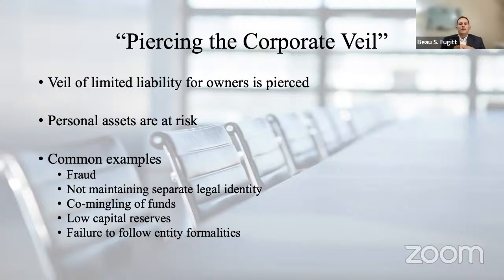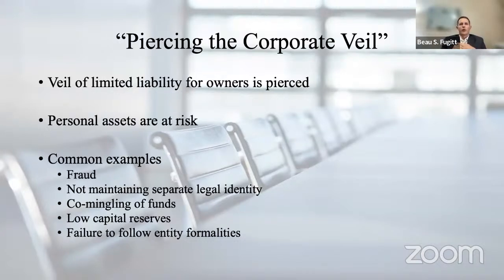Another reason would be not maintaining separate legal identity, right? So let's say you have LLC A that has equipment, I don't know, trucks or something, and you start using the equipment of LLC A to conduct the business of LLC B. And there's nothing put in place like a lease of that equipment, right? You just start mixing everything all up. Or you've got this property over here and this property over here, and you start taking the revenues from one property to directly pay for the expenses of another property that are held in separate LLCs. That would be another situation, right? Separating legal identities. That would be referred to as the commingling of funds.